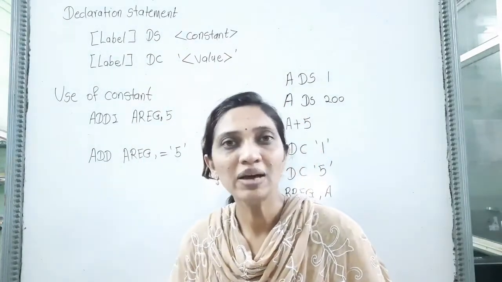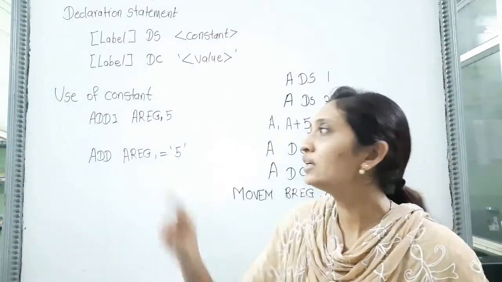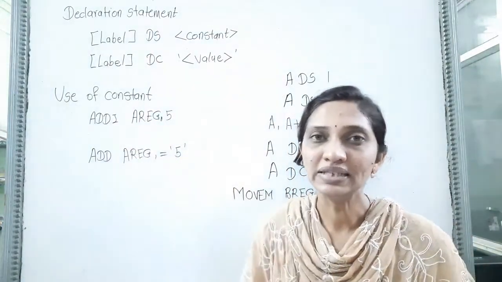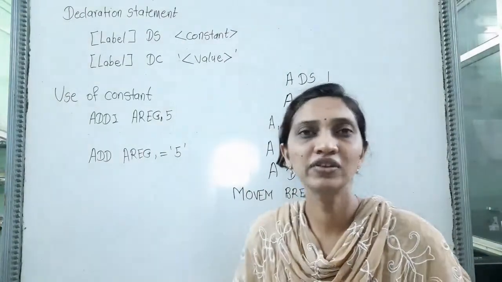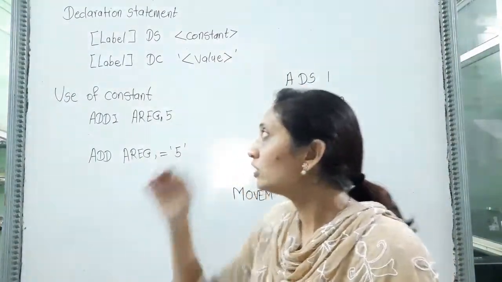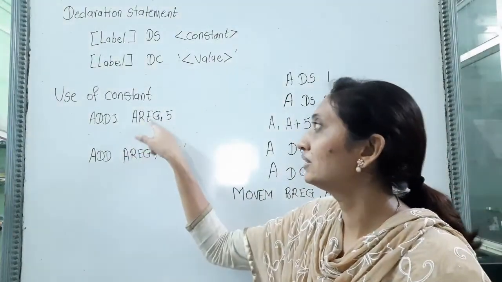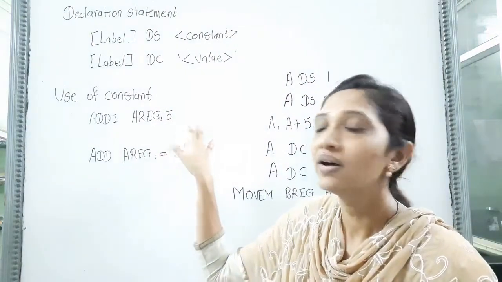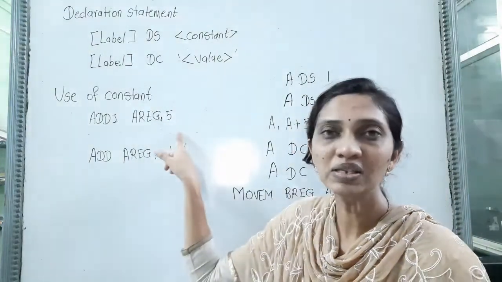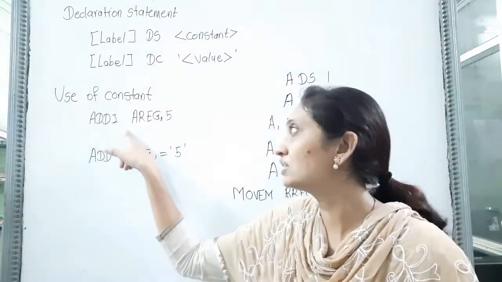Okay, two ways are provided to declare a constant. The first way is by using an immediate operand, and the second way is by using a literal. So what is the difference between both? If we have to specify the immediate operand, then we simply give the register value, comma, and then the operand value, meaning the constant value, will be specified there. Here 5 is considered as a constant value.